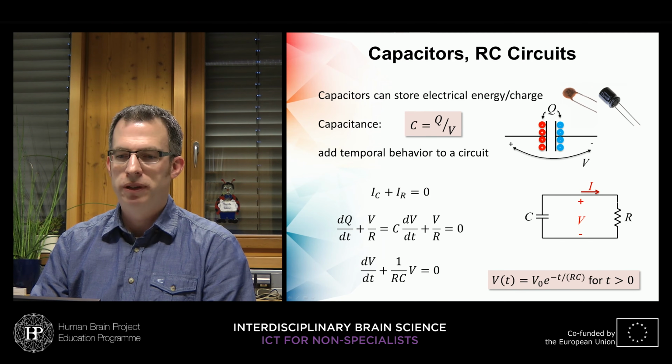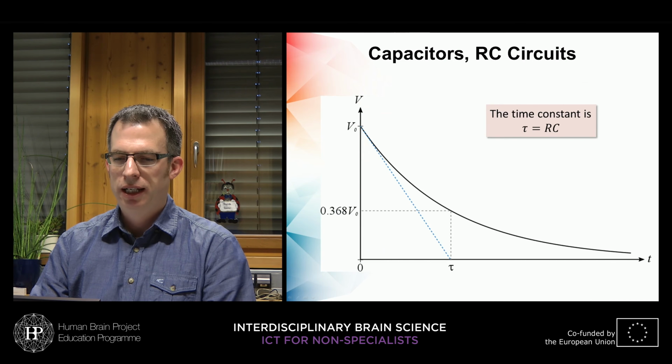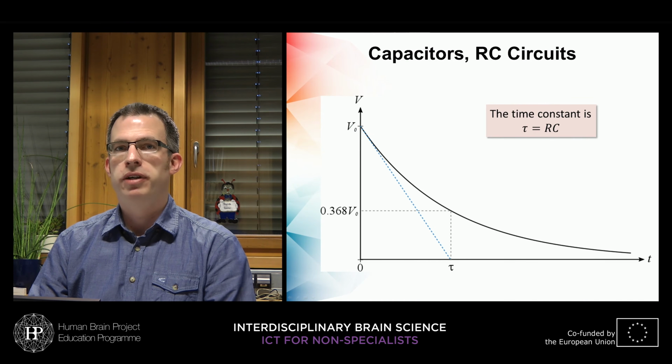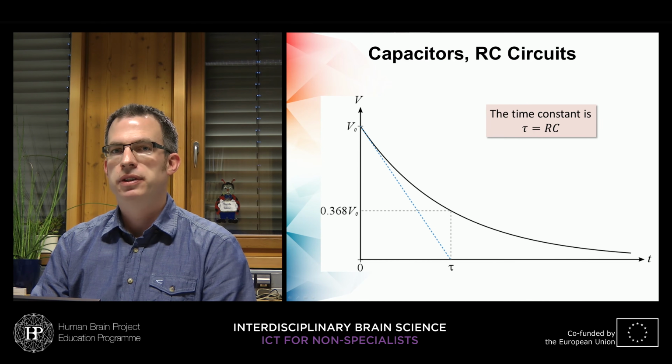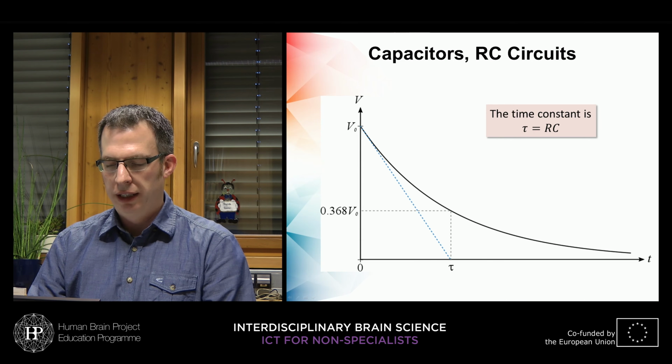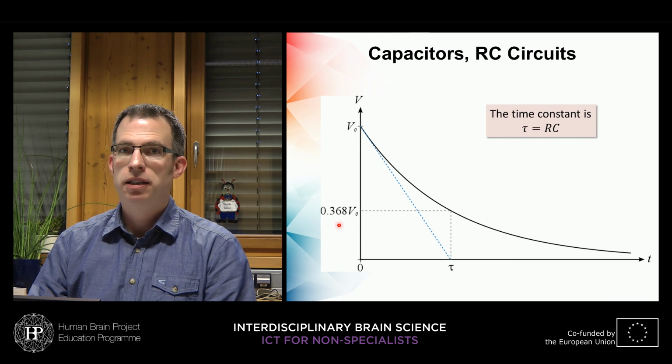And you all know this probably. This gives an exponential decay of the voltage across the capacitor starting at V0 with a time constant that is defined by the product of R times C. And after this time constant has elapsed, the voltage has reached a level of 1 over e times V0, which is 0.368 times